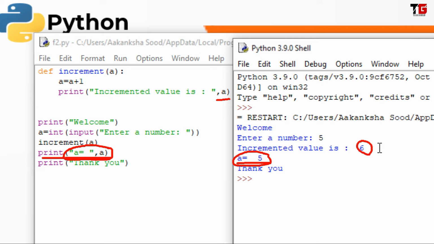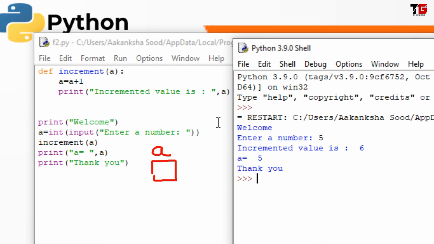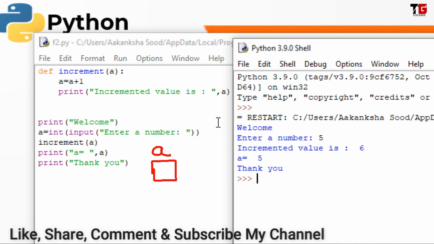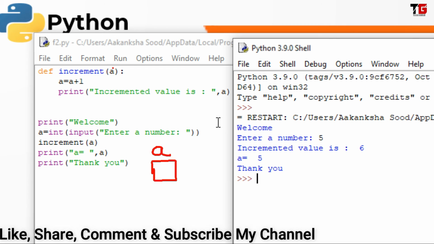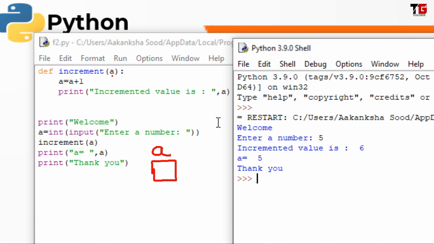Actually, when we pass any parameter to a function, this actual argument has a memory space here. A value is stored here, right? Then I pass the value to this function. So this A will be allocated memory separately.